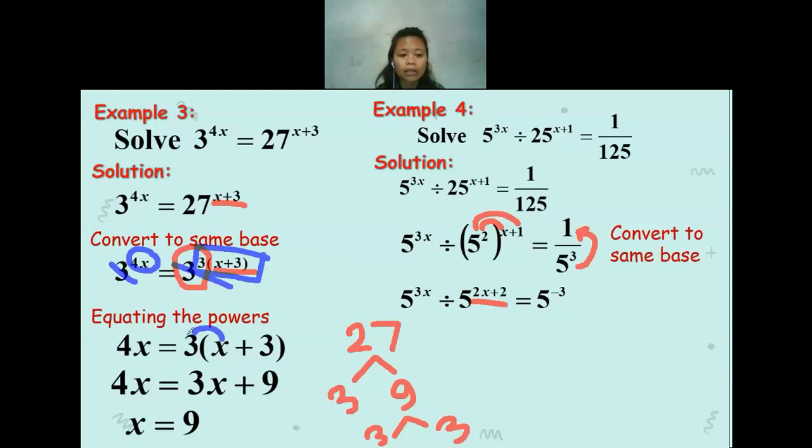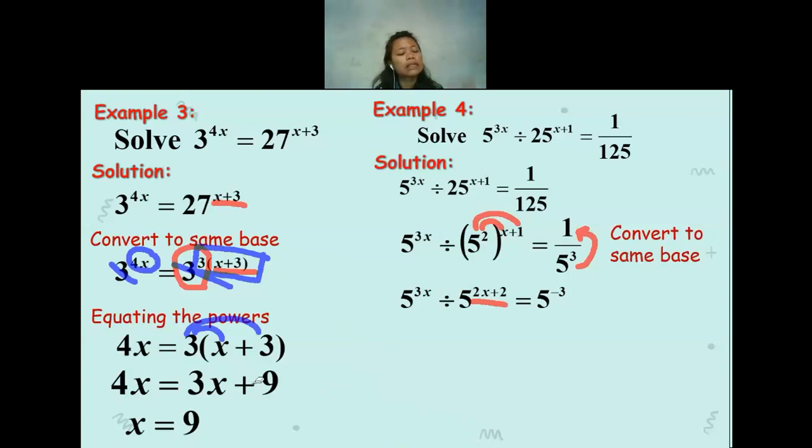We can do the rainbow method that you have learned in grade 8. So 3 times x will be equal to 3x, and 3 times 3 will be equal to 9. If you get confused about how to simplify, whenever we simplify, we have to make sure that all of the letters are on the same side.